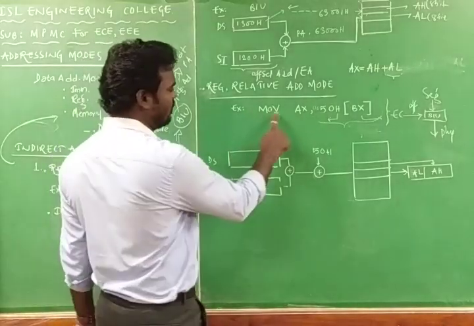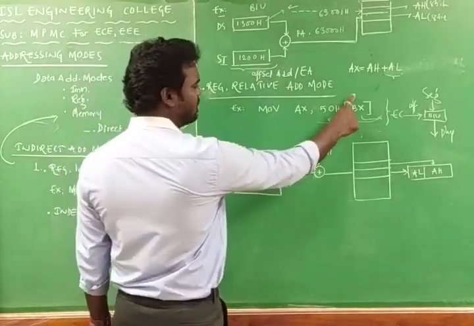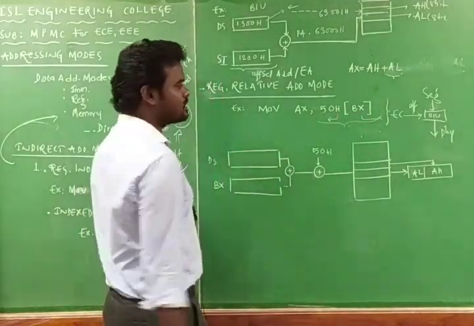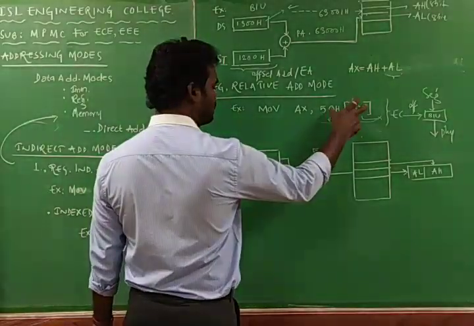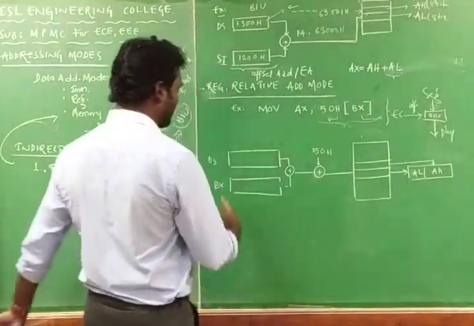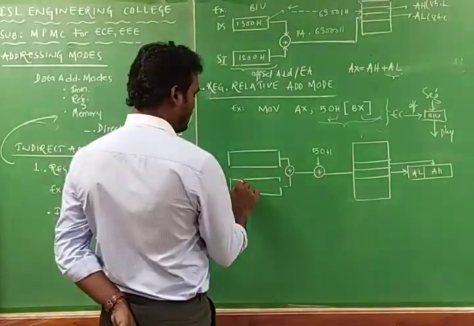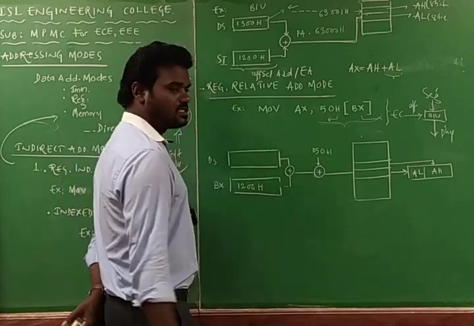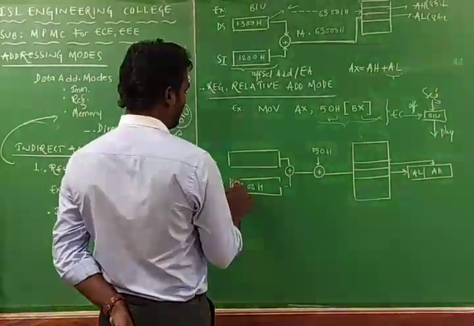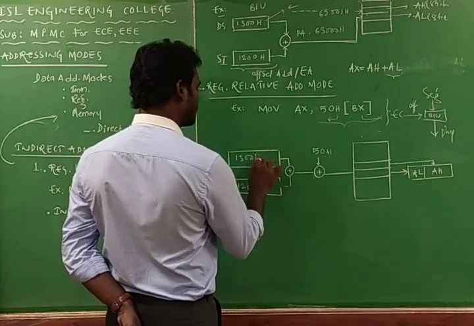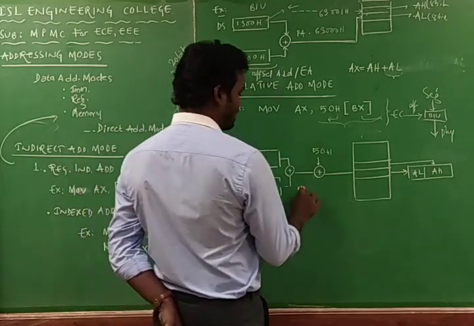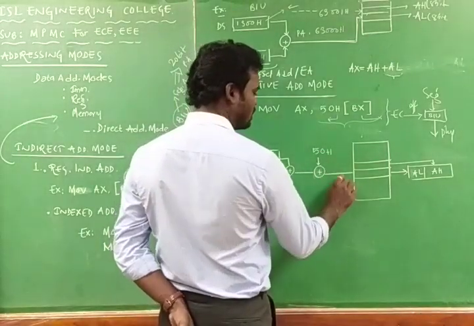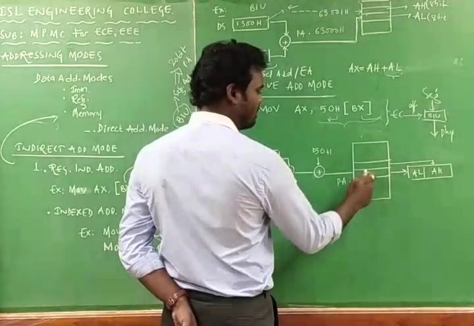Here this is MOV AX, 50H[BX]. BX is a base register and 50H is a hexadecimal number. These two combinedly give the offset address. Now I am going with BX. Assume that BX is 1200H, because it is a 16-bit binary number, and the data segment, again assume, is 1300H. Both are added to generate the physical address, and after generating the physical address, it adds the 50H, so that it gives the 20-bit physical address.